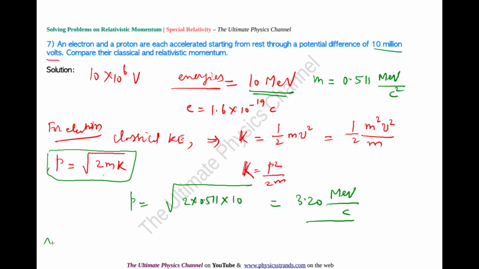Now I can use the relativistic expression to calculate the relativistic momentum for the same electron. Relativistic p, of course, is gamma m v in this case. But then we will get stuck at gamma if we do the direct brute force calculation. So we have another interesting relativistic expression for p, and that we have to use here. Rather than using this, we will discard it because that will involve solving for u, which is going to get complicated. So we have a simpler expression here, and that is p is equal to